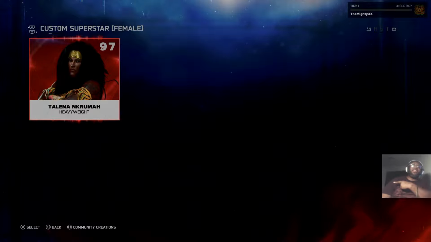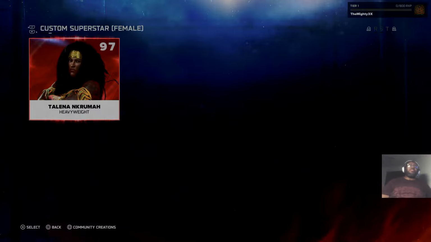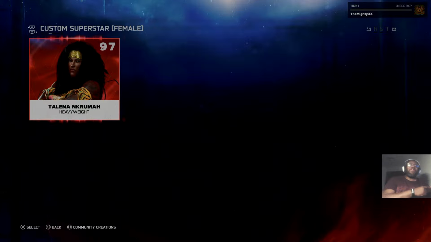Or should I be pointing that way? Because that's the orientation. My game stream is on my left side, so I'll be pointing to my left, but you'll see me pointing to my right because the camera is on the right side. I should have it flipped, but I don't, because that's just how the setup is. Anyway,